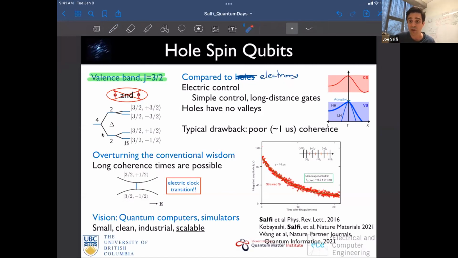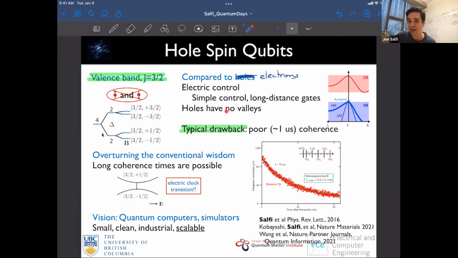Such a thing can work in this case, coupling to the electric field of the photon, or simply the capacitive interactions between qubits, which you can engineer with gates. So this is a plus. The other plus is that holes don't have this low-lying excited state. But here's the real typical drawback that we wanted to attack, actually,